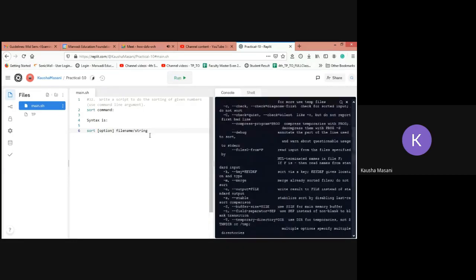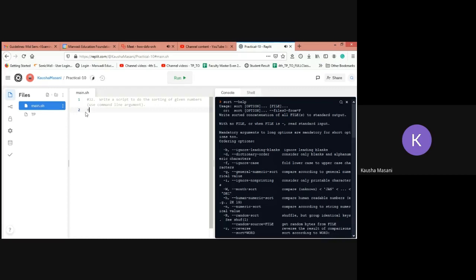Okay, and one more thing about this particular program, it is one of the smallest programs in the entire 35 practicals. So you can start writing with your shebang, bin bash. Now you write one echo -n because I want to write the file name in the same line. Enter the file name to be sorted. Okay, and you give the read command and file.